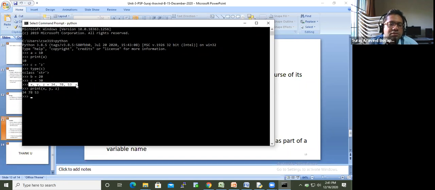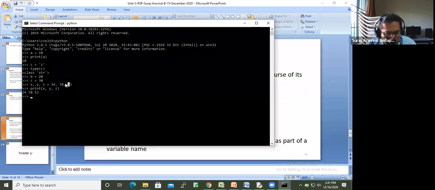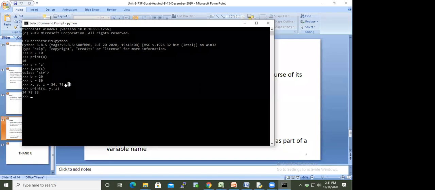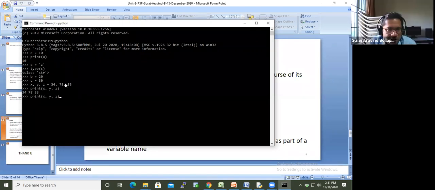Okay. Now here these values are different. So you are taking 3 different variables to store 3 different values. Now suppose you want multiple variables having the same value. Okay. For example, sir, if we print only X, will the outcome be 34 or not, sir? Okay, let us test that. Okay, that is also correct. Good.